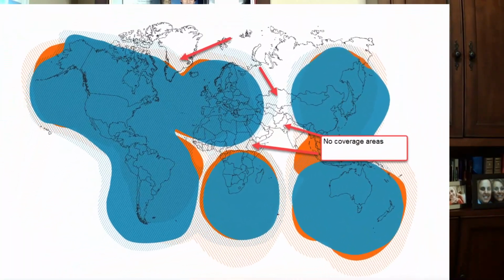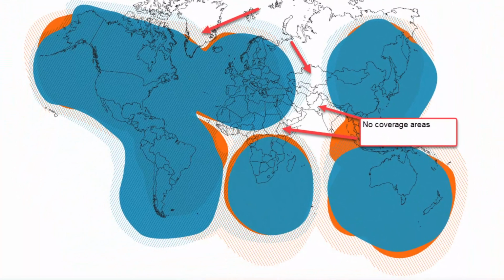That is not true. And I'll post at least a link to some maps that you can take a look at to better understand what the constellations look like and what the coverage around the world looks like. So as you determine where you're going to be operating, you can decide whether the Globalstar device is better for you or the Iridium is better for you. It's kind of a tough choice because this is a really nice device, but you may not have coverage in the exact spot that you may be operating. So you need to do a little bit of research to figure that out if you intend to work with